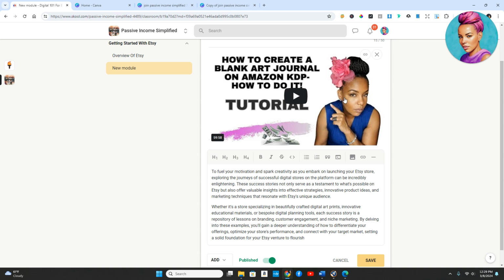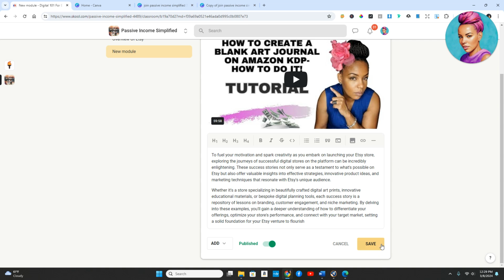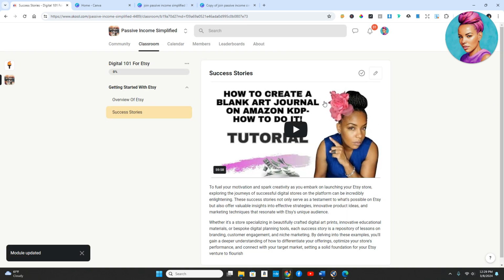So this is where you can put in your video, and then you would just hit save. And there you have it. And then you just repeat this. So if the first section will say getting started with Etsy, and then we have our modules underneath of that, maybe the next section, you'd come up here to the top